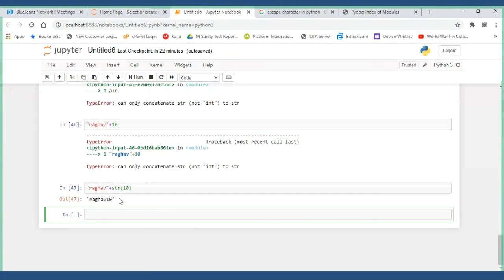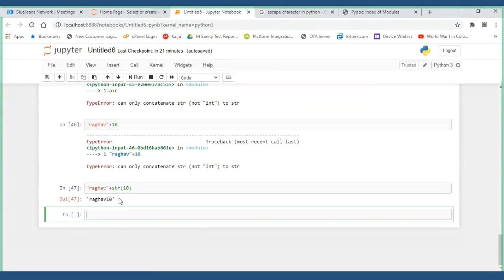Correct, right? So you'll be storing it in the list. And you want to concatenate, say, for example, roll number and a person's name. You want both together to join as one unique ID for that particular record. You might be doing this sometimes in future. So what you will be doing, you will be taking them.